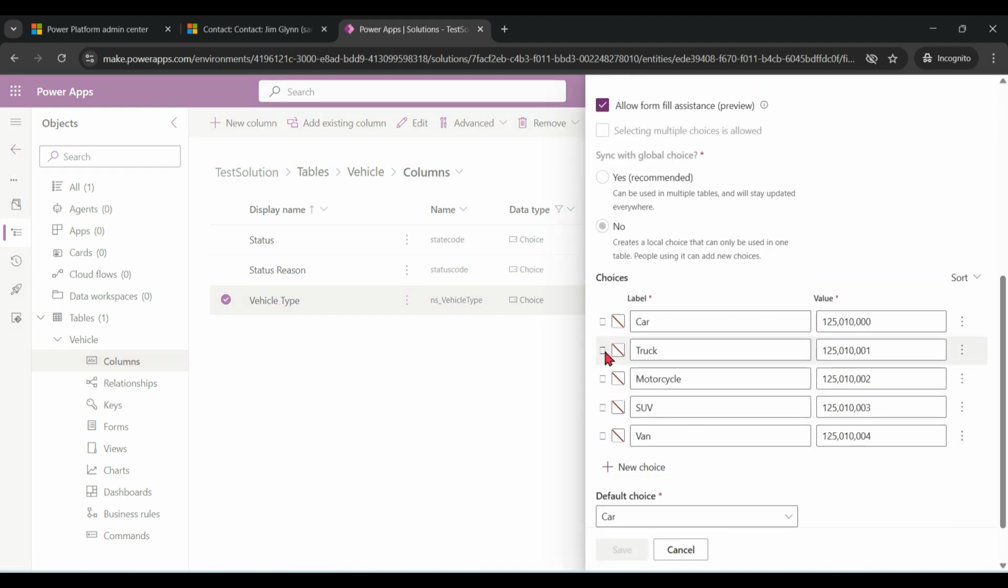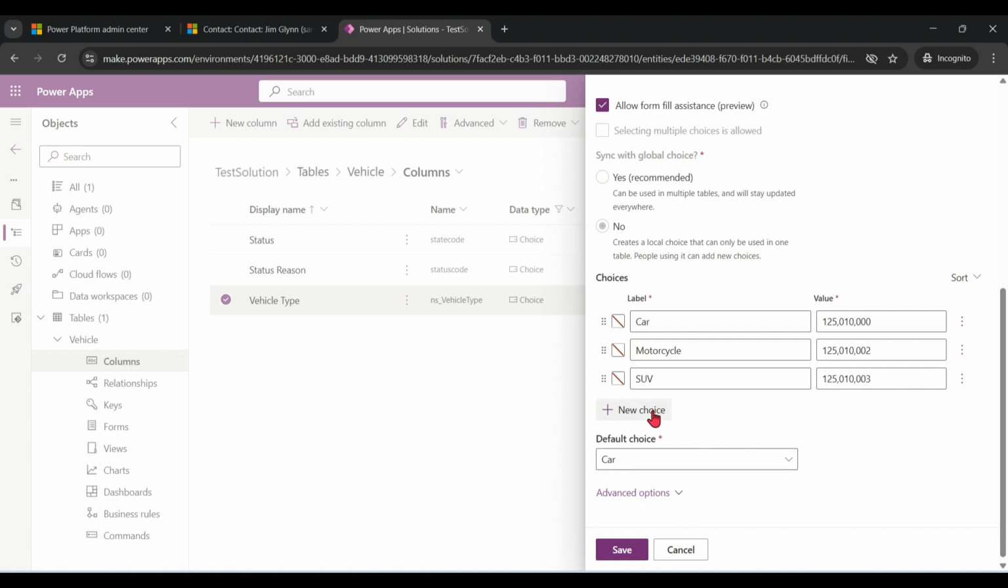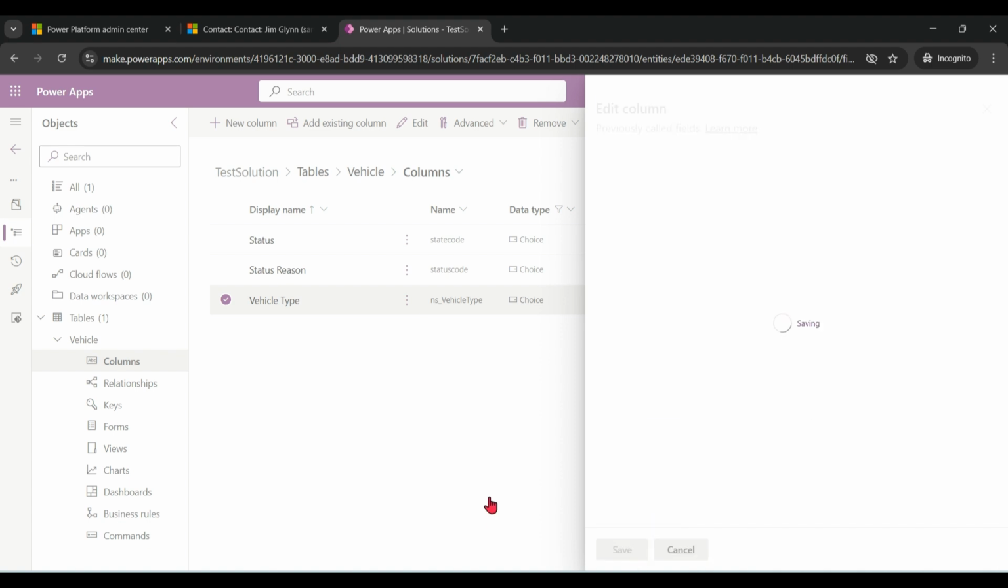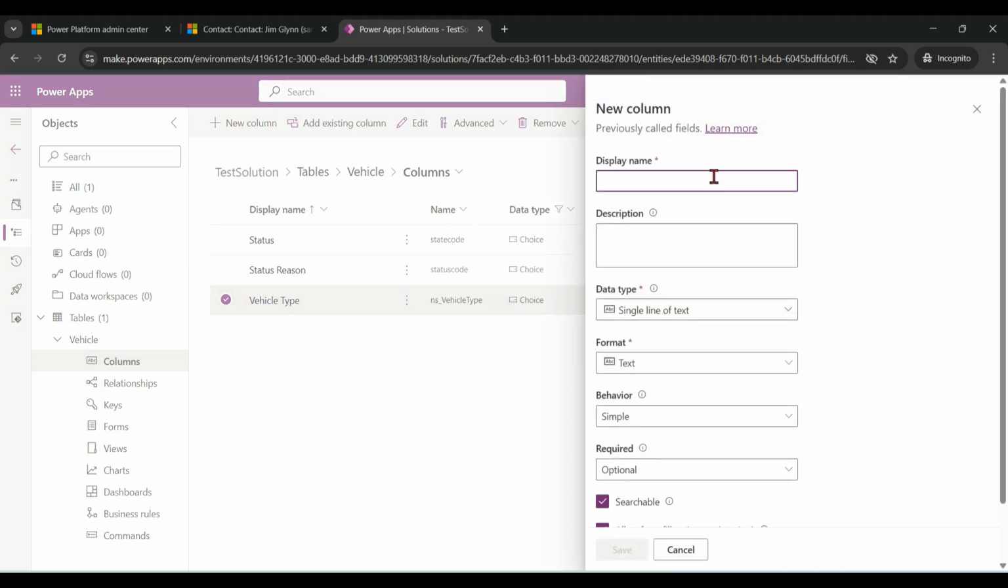I want to remove this option. I want to add a new option. Save. I also want to add a new column, like maybe cubic capacity,